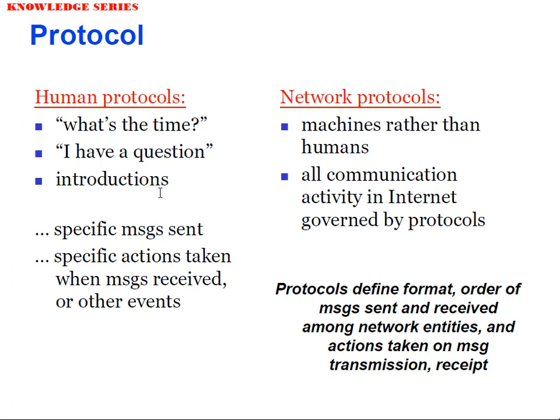Semantics talks about whatever you are sending, it should have some meaning. Say for example, you are sending a 2-bit value 1 1, so it may automatically represent either 11 or it may be represented in the form of a 3. So that is what we say with respect to the representation of a bit. So semantics should have some definite meaning.